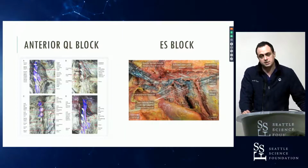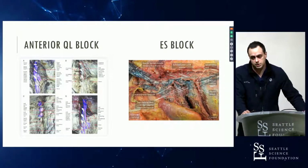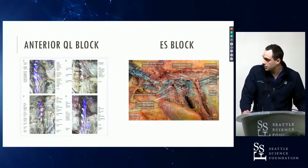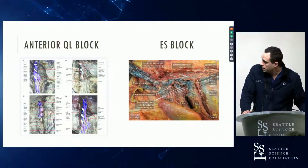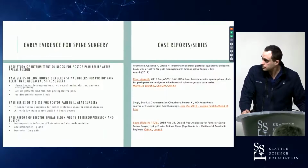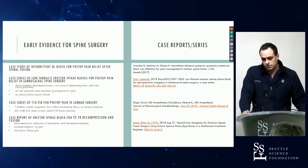Specifically, if we look at dye studies, on the left is the dye study of the QL block, on the right is the ES block, quadratus lumborum and erector spinae. In both cases, the dye spreads to those dorsal root ganglia, and you have to take my word for it because I don't have time to point out all the various structures, but you'll notice that, for example, on the far right image, you see the origin of the dorsal ramus is pointed out, and there's blue dye surrounding both sides of that origin. So early evidence for spine surgery has elucidated itself from about 2017 to the present,